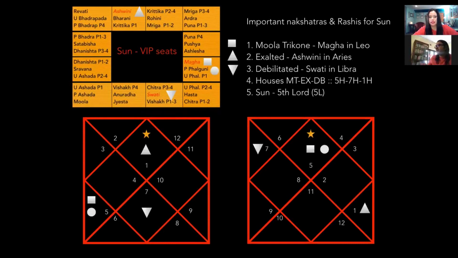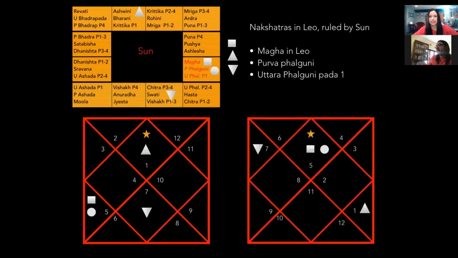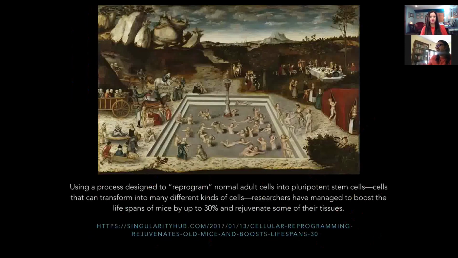Definitely, if you look at Pura Falguni, it's also carrying that, it's a party nakshatra. You dance in parties. The dance has definitely activated it also. But definitely, there are many ways. The key point here is that there are ways to